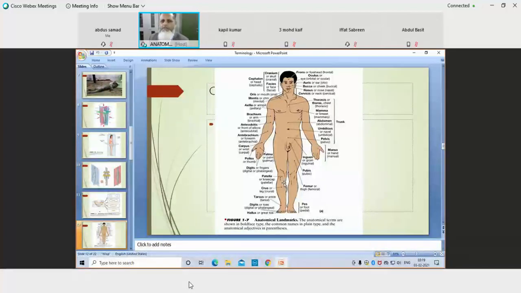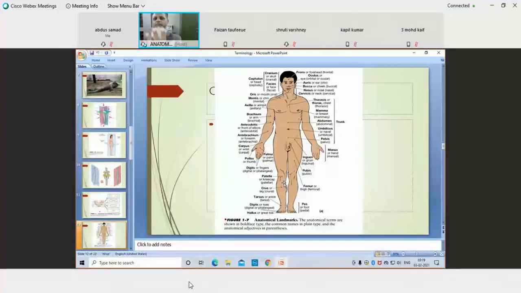Sir, please explain medial once again. Look, children, see my fingers. The middle finger is the median plane; I am taking the middle finger as the reference. With respect to the middle finger, the thumb will be lateral and the index finger will be medial, because anything towards the median plane will be medial.